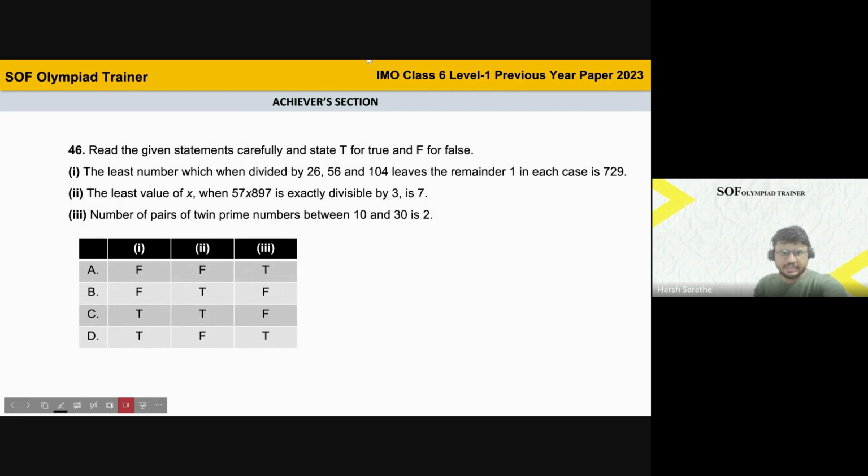Now the next one is this. You need to read the statements carefully and state T for true and F for false. There are three statements. So the first one is: the least number which when divided by 26, 56 and 104